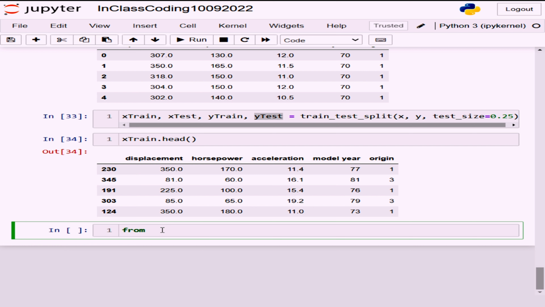See, linear regression is present inside sklearn itself. So from sklearn, but we are not going to use preprocessing. We are not using model selection, because previously we used model selection, inside which the train test split was present. But now under sklearn we have a category called linear model. Because the model we are bringing here is a linear model, it is kept under linear model. Okay, from sklearn linear model,